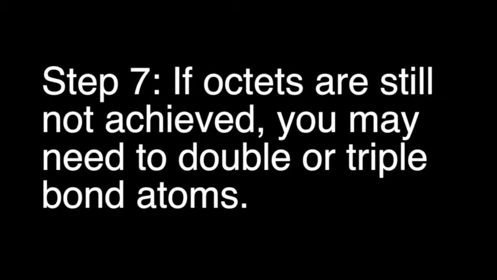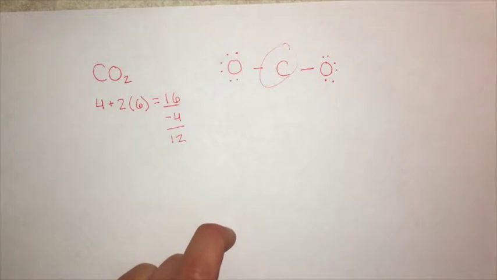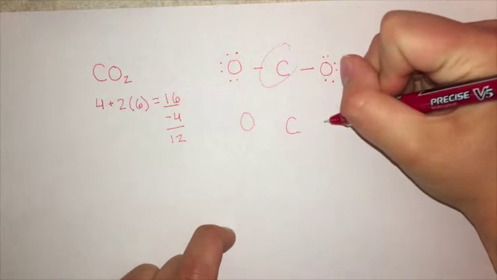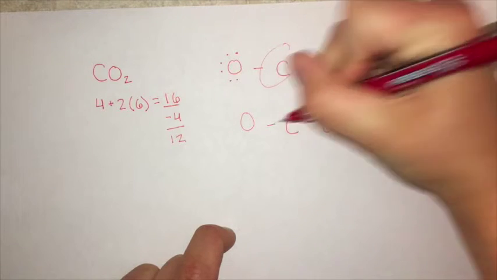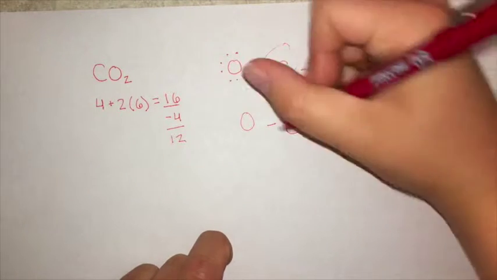Step 7. If octets are still not achieved, you may need to double or triple bond atoms. Step 7 says that if octets are still not achieved, you may need to double or triple bond atoms. So I think that's something we should try. So if we write this out again, we're going to have C, O, and O. So if we try double bonding the O's to the C,